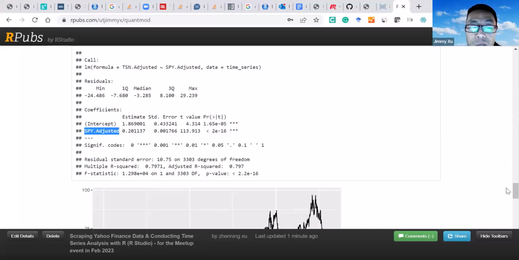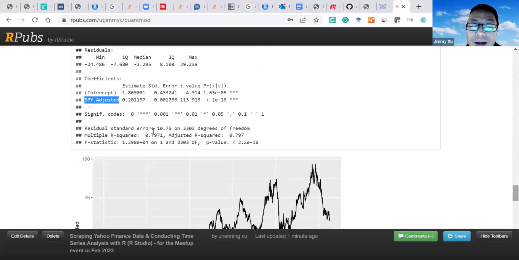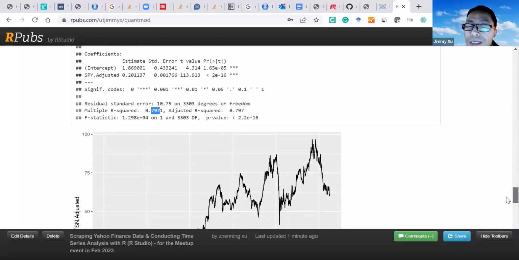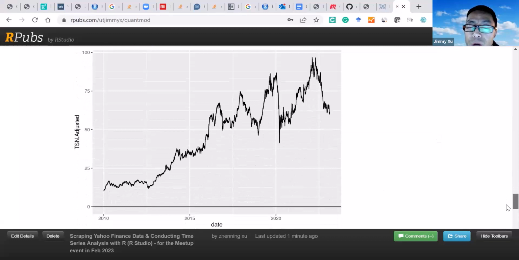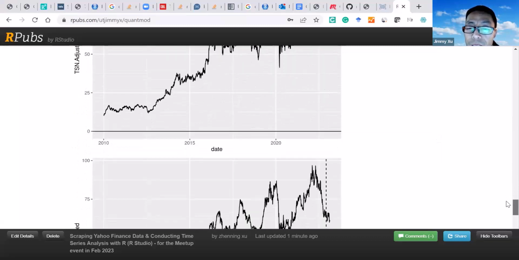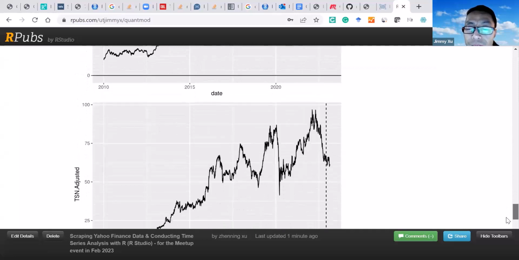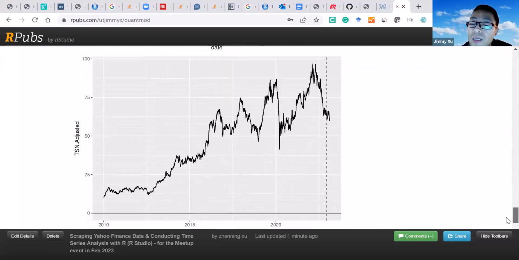And then now probably you want to ask more questions. You see R square, 79%. So that being said, maybe the trend seems to be consistent. There's still something that cannot be explained. That's why we draw the following graph. You see the original graph, and then we want to draw a graph to show the events,